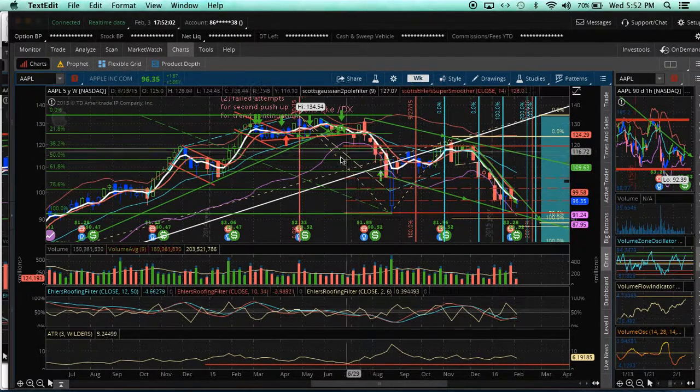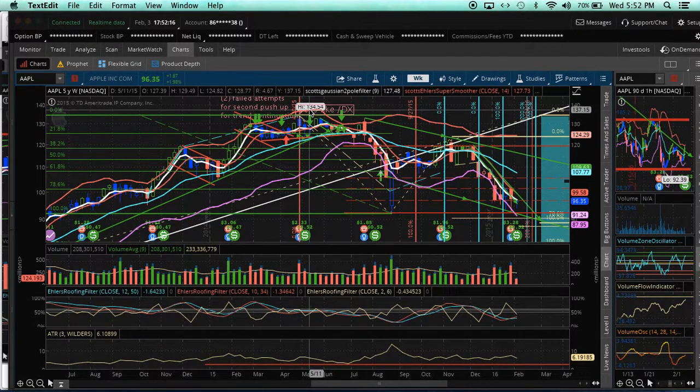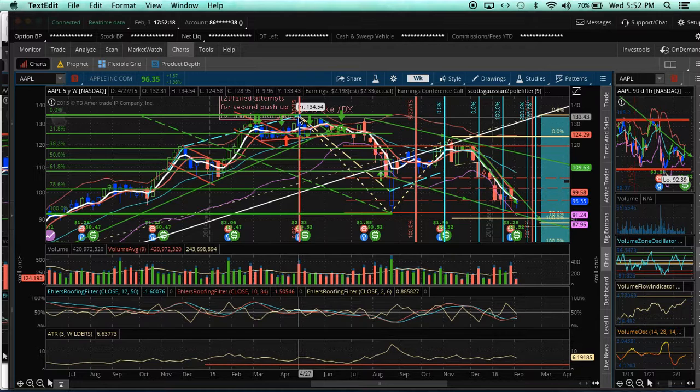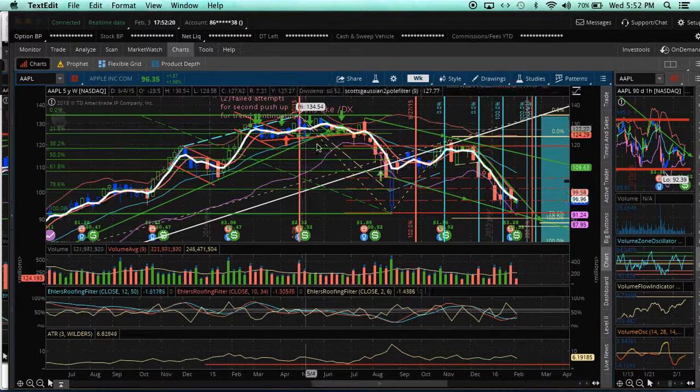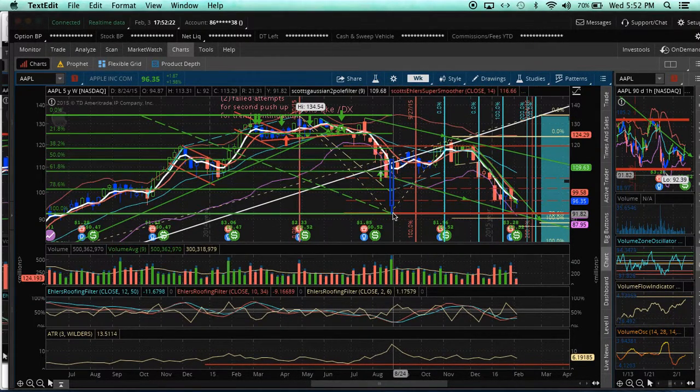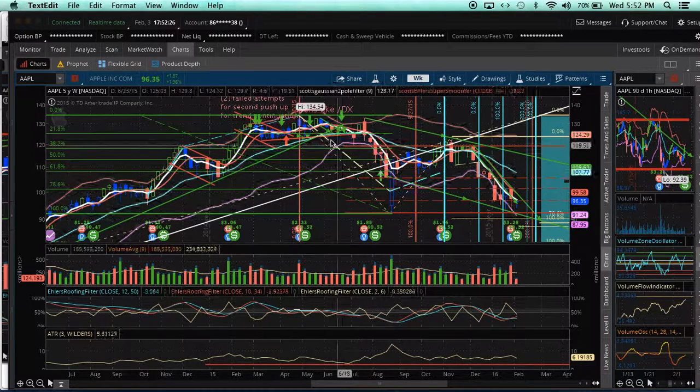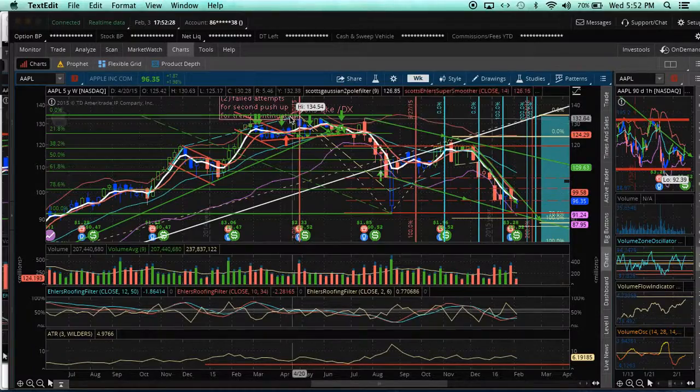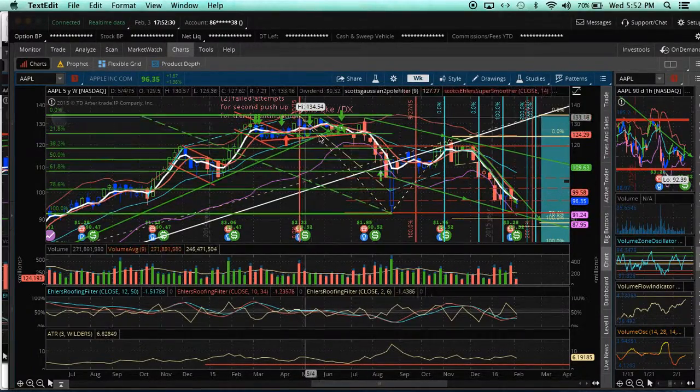And I know this is really busy, so I'll try to get rid of some of it. But what I wanted to look at was some Fibonacci areas. So if we took the high 134.54 on April 27th of last year and we go down to the flash crash low of about $92 and you do your Fibonacci range or retracements on there,